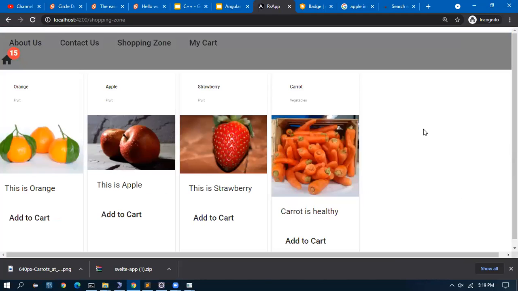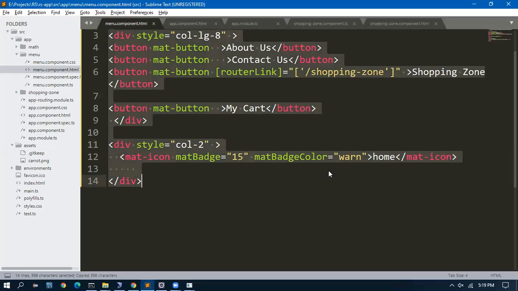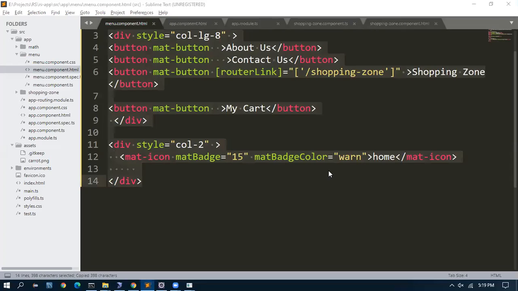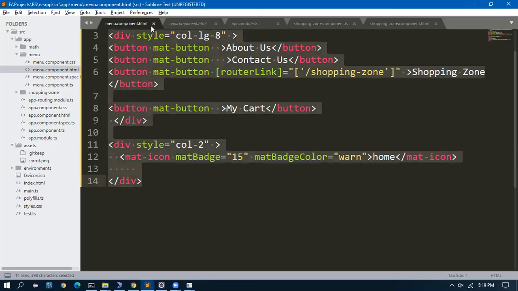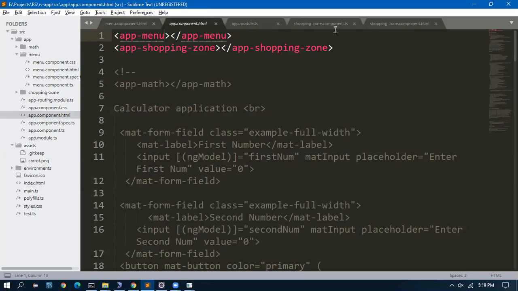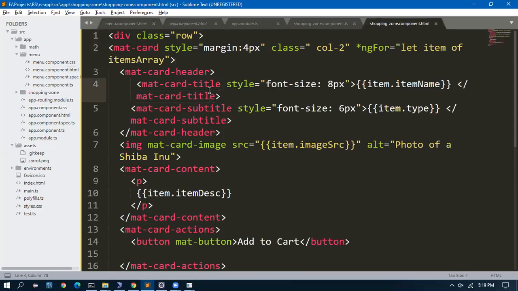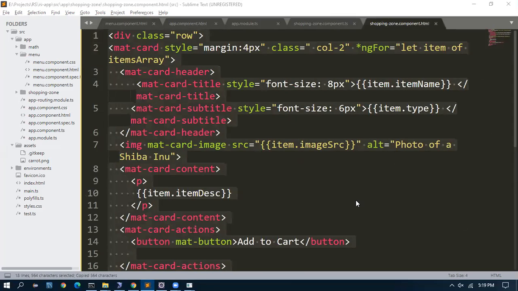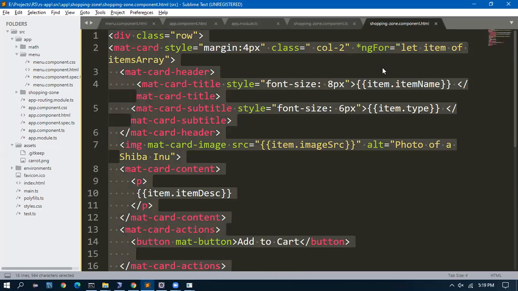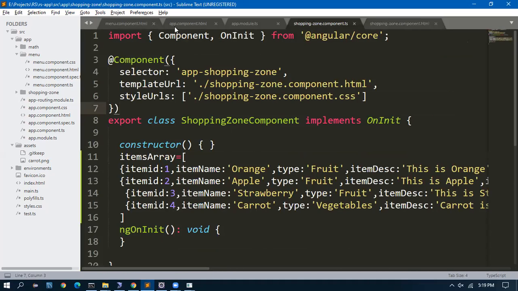So where are you guys so far? Rajesh, if we copy paste the code, whatever you gave, we're not able to follow you. So we just take the codes, whatever you ping. Okay. I have sent you one latest code, so you can use that. With this, I'll stop. You can continue. So I sent you the menu component code, shopping zone component code, and TS already I sent you.